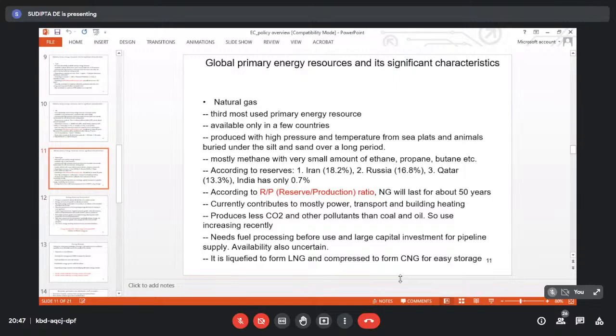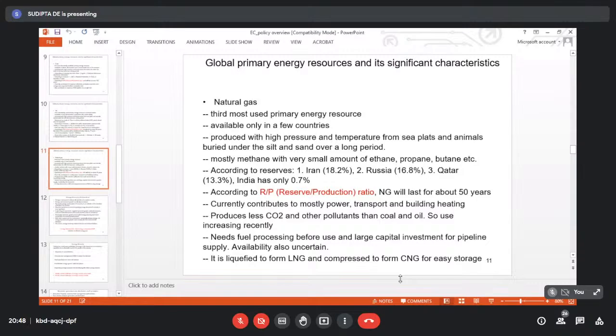But if you want to distribute natural gas, there are two options. Either you can bottle it at a high pressure. Unless you make it a high pressure, you just cannot store a sufficient amount. In our domestic supply, LPG is at a very high pressure. That's why you have 14.2 kg, most probably, in each of the LPG cylinders. 14.2 kg of gas you cannot store at natural pressure and temperature. In that case, obviously, the volume will be significantly high. So you have to store it at a very high pressure, and that gets converted into liquid at that high pressure. That's why it's called LPG, liquefied petroleum gas.